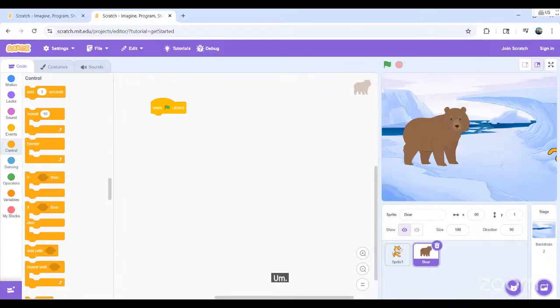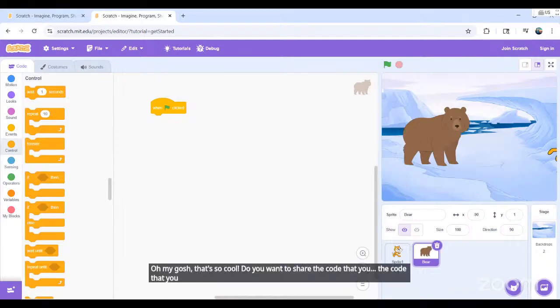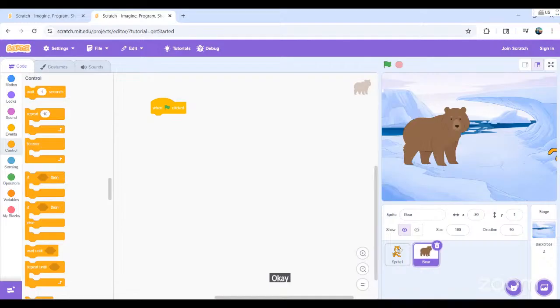We made it say hello. Oh my gosh, that's so cool. Do you want to share the code that you used to make it say hello? Sure. I went to looks,